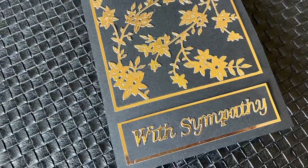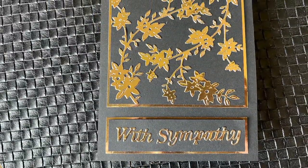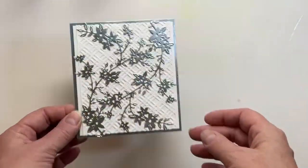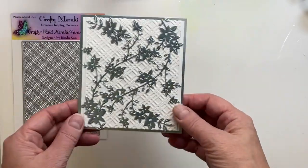So you can see what nice, kind of classy looking cards these make. You can make them birthday cards, anniversary cards, anything that you want. But another choice you can do is to add something to that background. And I've got a plaid